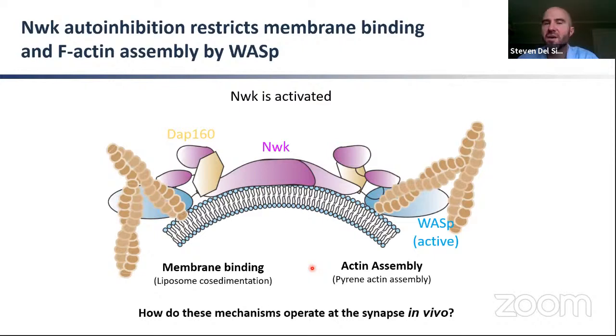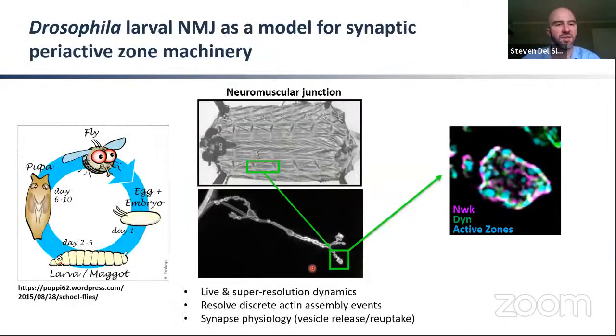And so then the question is, how do these mechanisms actually control synaptic actin assembly? And so the model system that we're using here is the fly neuromuscular junction. So we take a late third instar larva, slice it down the middle, and unfold it. And then we're looking at the motor neurons that innervate these crawling muscles. And so this is the entire synaptic contact for this